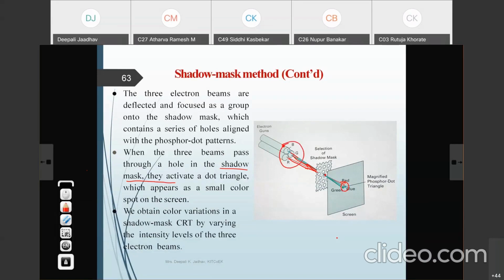The intensity levels of red, green and blue all come together, pass through the shadow mask hole, and then generate a single triangular spot on the screen. And what color do we obtain here? We obtain a color depending upon the intensity of the red, green and blue. So with this, it is possible to obtain many colors.